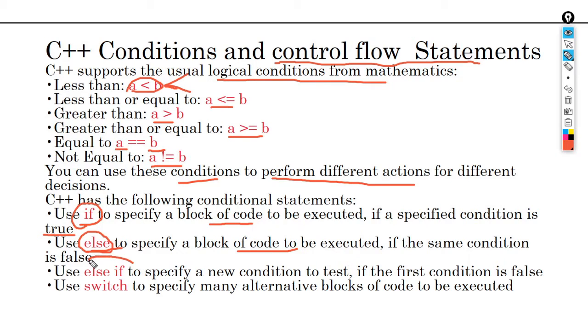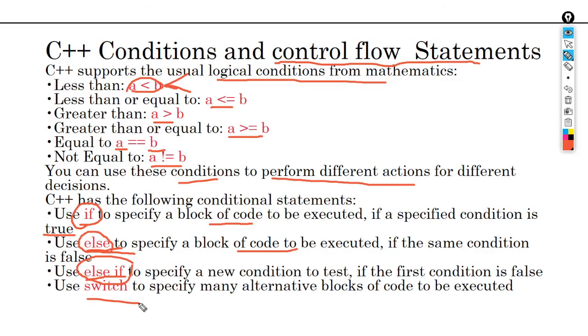Else if is for more than one condition to be checked one by one. If the first if is false, it will go to the else if and check the second condition, and if it is true, it will execute the corresponding block of that else if, or else it will move to the next else if. Likewise, you can give any number of else if in your program. It is also called the else if ladder. If all the conditions are false, then by default the else will be executed.